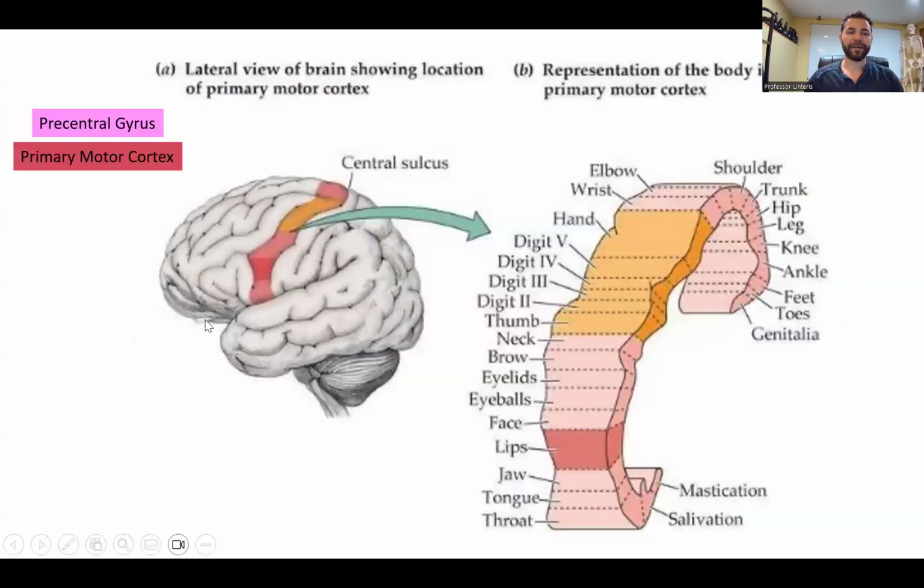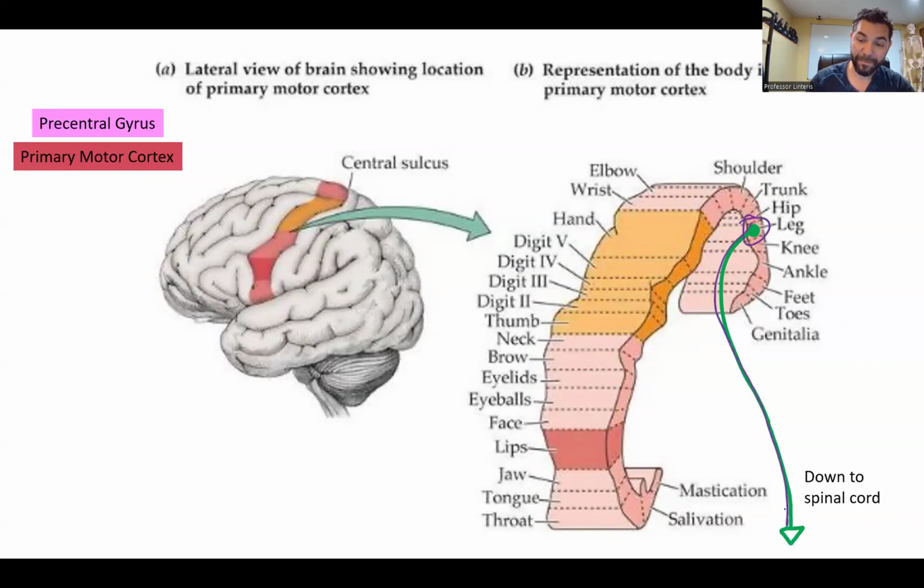Contralateral. So when we look at the precentral gyrus, and it's not just a piece right here, obviously it goes around that cortex, which is what you're looking at in this picture here. You'll take note that there's certain areas of this precentral gyrus that are responsible for various body parts. You do not have to memorize this picture and what areas control what digit and stuff like that, but it's an important concept, right? That there's neurons in this cortical area, cell bodies, that will send a message down and